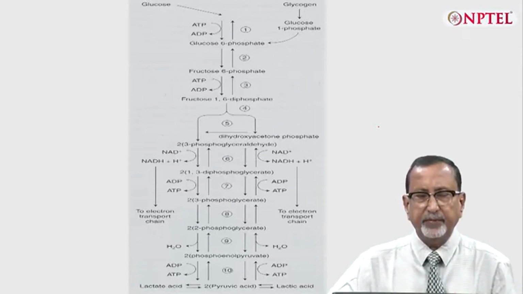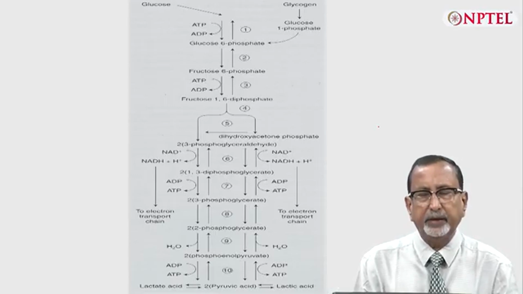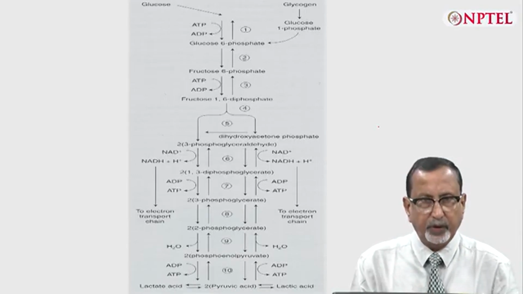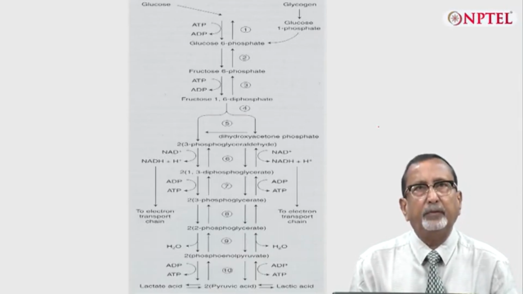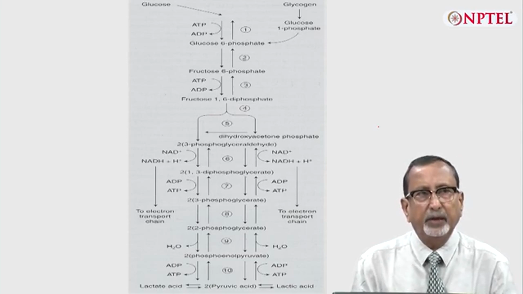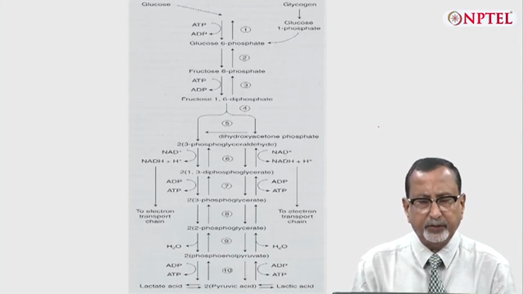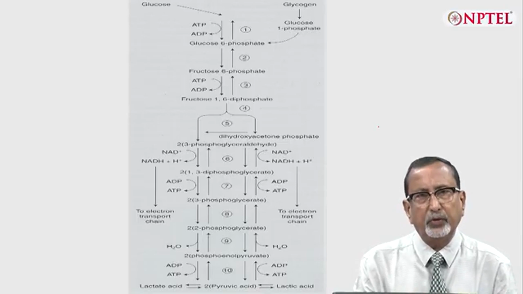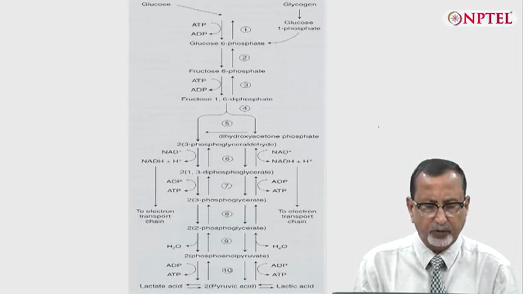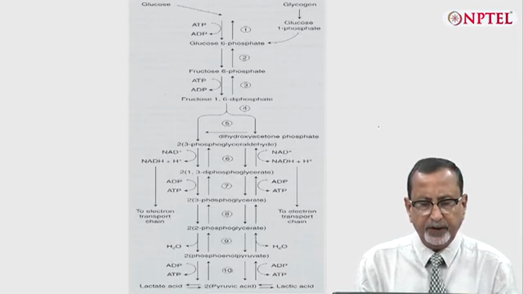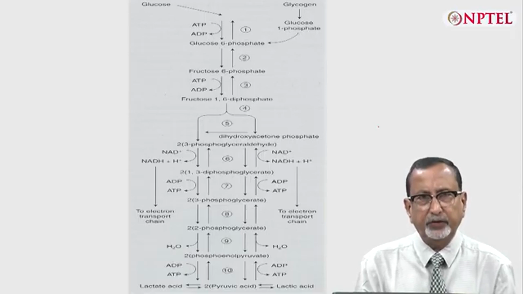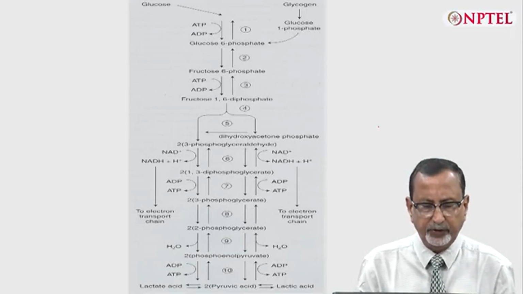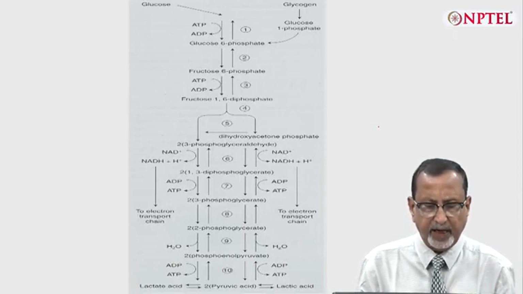In the glycolytic system, we can see here that glucose is broken down to glucose 6-phosphate by spending energy, and the enzyme is hexokinase. So glucose 6-phosphate, fructose 6-phosphate, fructose 1,6-diphosphate. Then this 6-carbon compound is broken down to 3-carbon compounds, that is glyceraldehyde 3-phosphate and 3-phosphoglyceraldehyde,